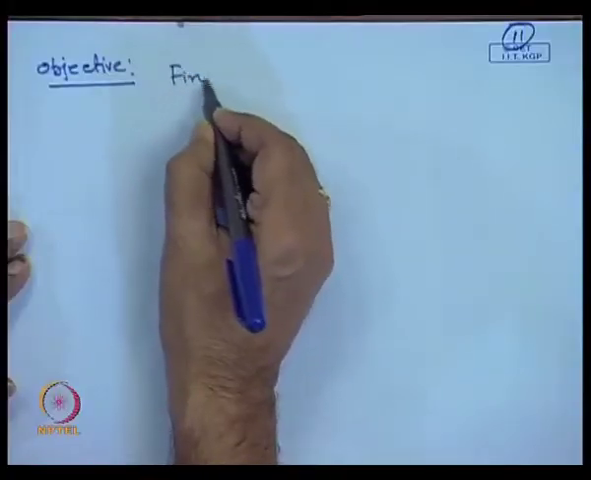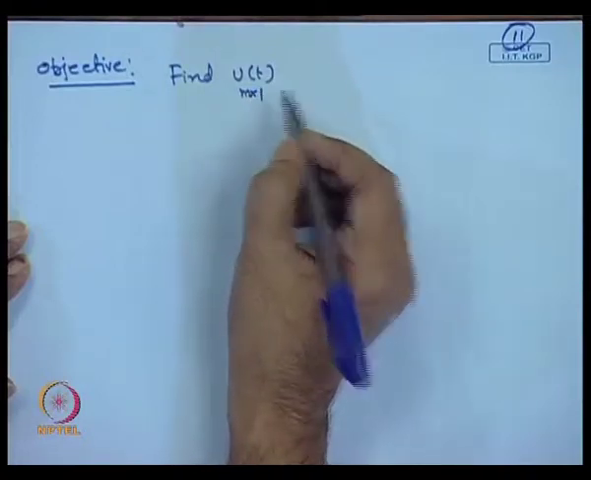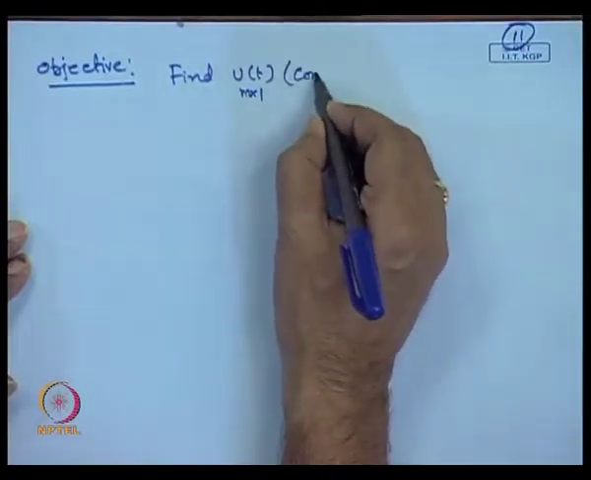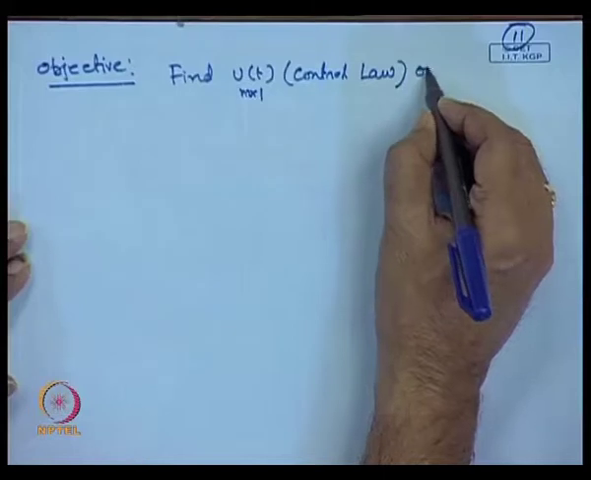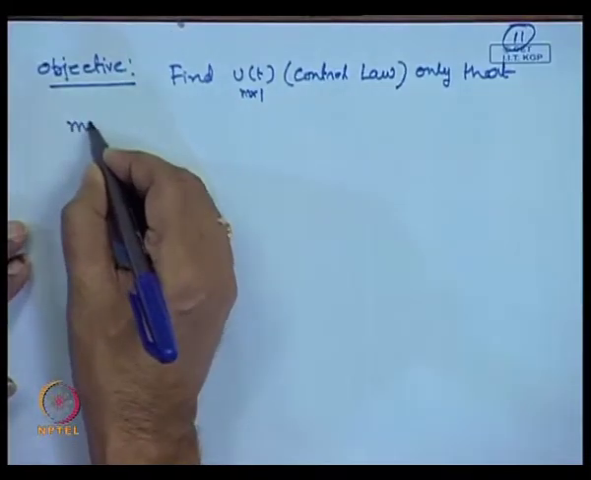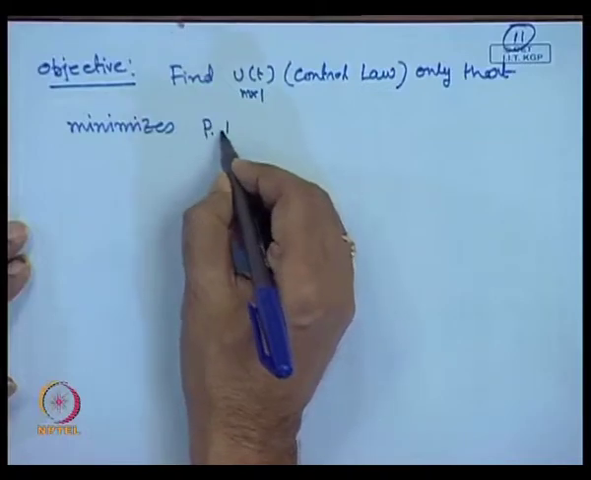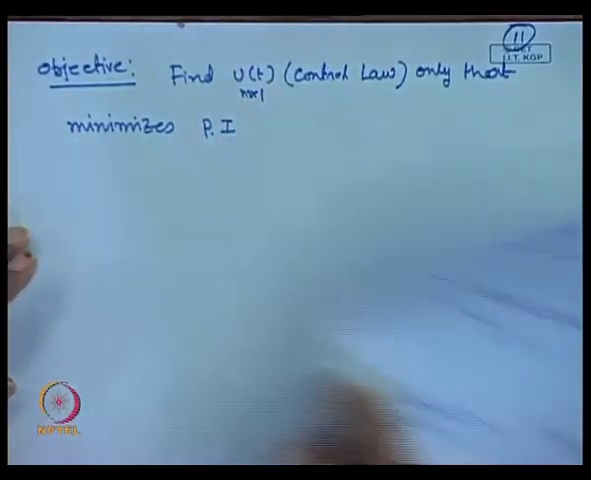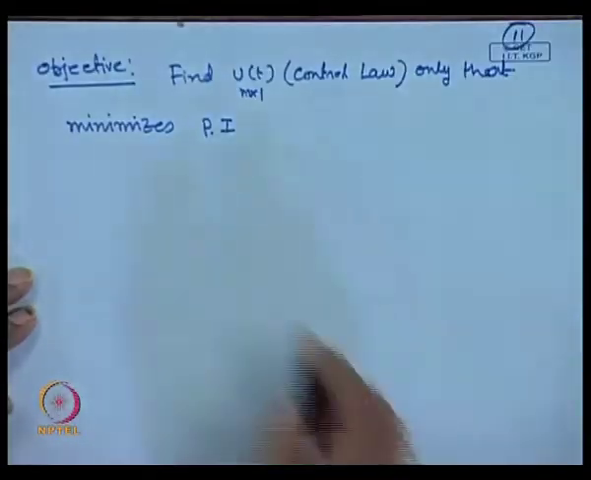Objective: find u of t, whose dimension is m cross 1, where m is the number of inputs, that means the control law, that minimizes the performance index. PI means performance index. Let us call this equation number 2. Agree? That performance index 2,